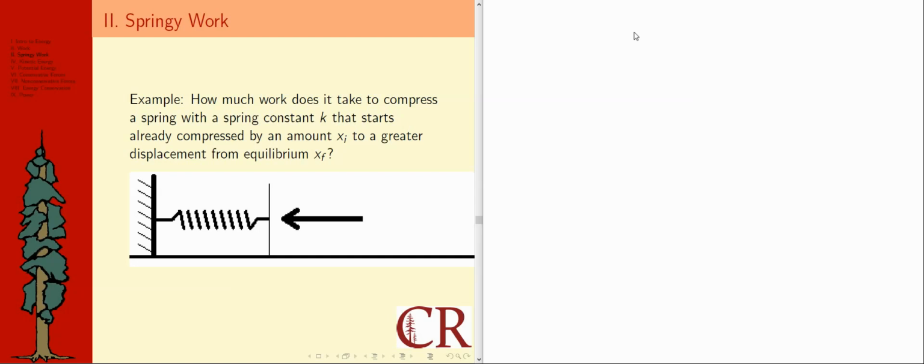How much work does it take to compress a spring with a spring constant k that starts already compressed by an amount x sub i to a greater displacement from equilibrium x sub f? So in the last example, I think we saw that if you think about the work involved for a displacement that takes you from zero compression to a compression x, that was equal to 1/2 k x